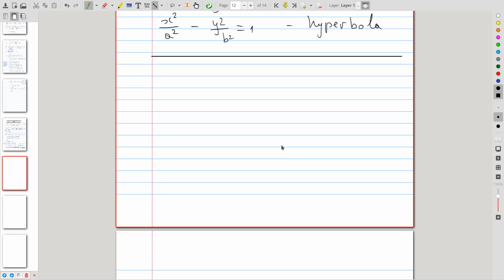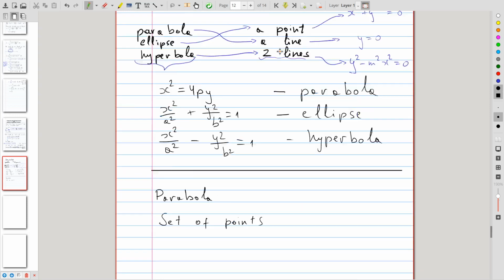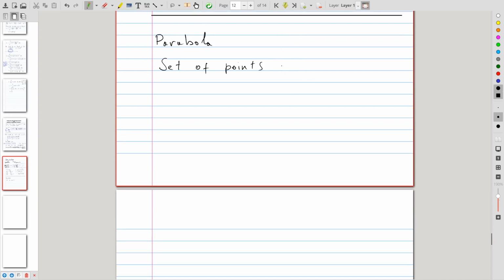Let us now talk in some more detail about the quadratic conic sections. Let us start with a parabola. So a parabola can be defined as a set of points, and this is a property independent from what we discussed above in terms of conic sections. And so it can be thought of as the set of points equidistant, which is a fancy word for at the equal distance,